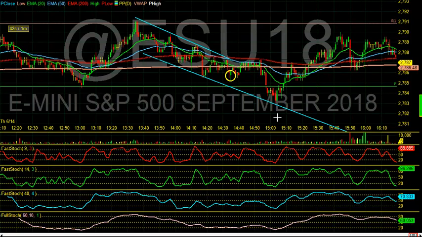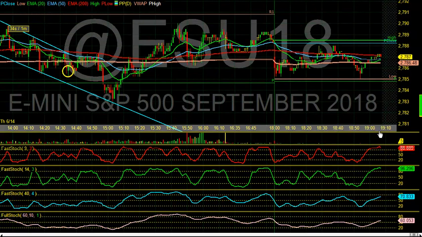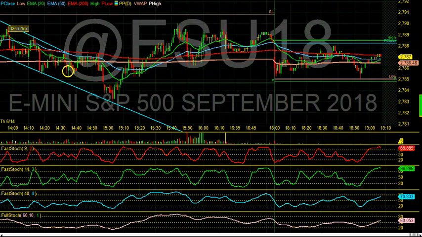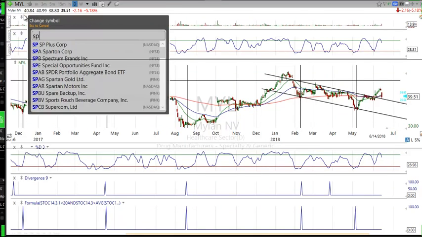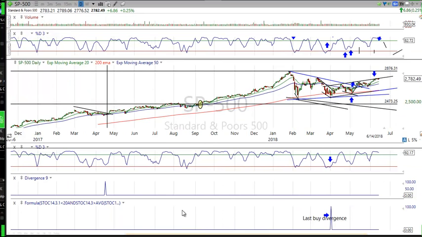Now we're going to go through a lot of stocks here, and I want to show you that example on these stocks. This is the interesting point of the market right now, and I want to bring this up for us. We're going to go right to the SPX. Now here's the SPX, and again,